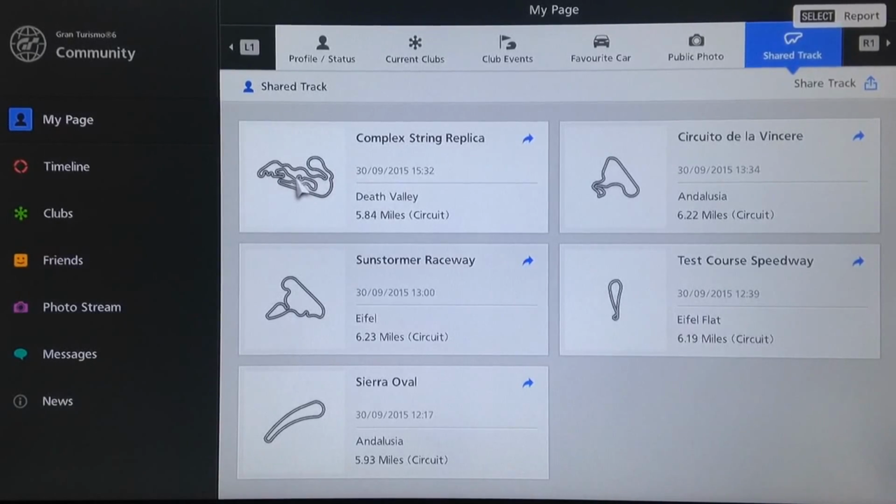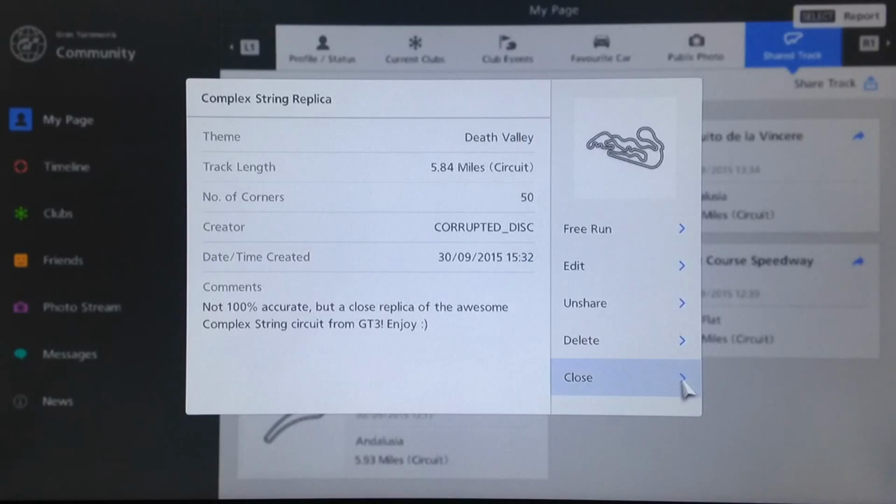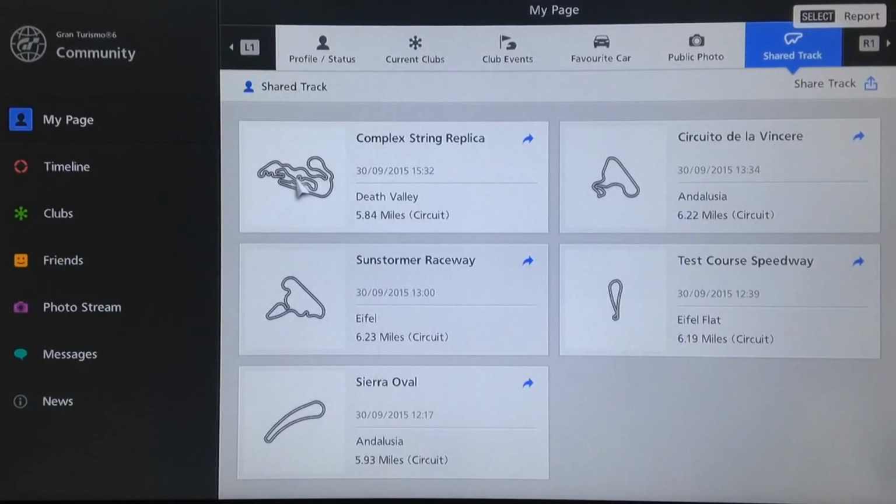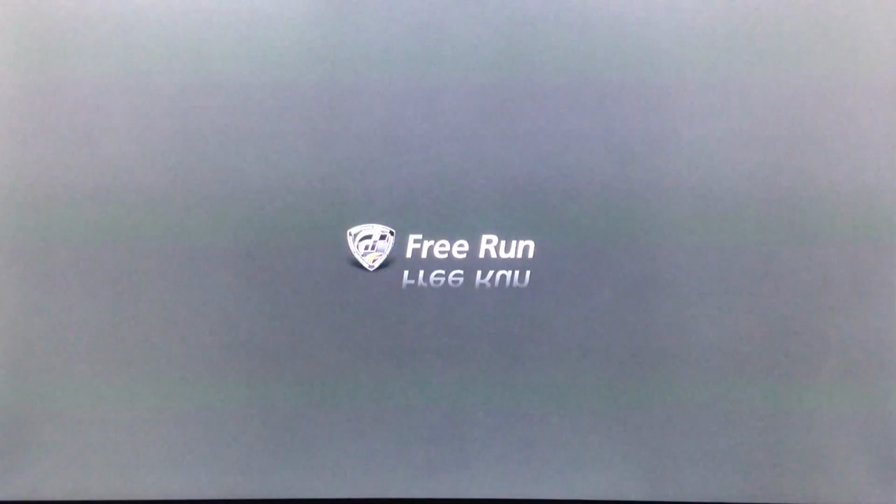Now, the main reason why you've probably clicked on this video is, of course, the title, that I've made a replica of Complex String. I am certain that I am not the only person who's done this so far, or the only person who planned to do this once a track editor came out. Complex String is one of the coolest tracks that's been on the game, and the cool thing is, if you want to drive on this track, obviously you don't have to drive on my version, but my version is available